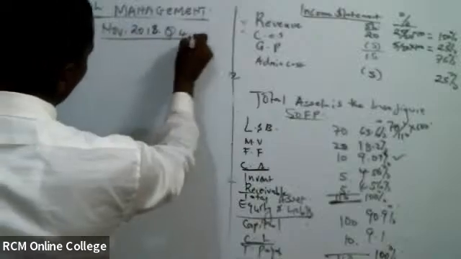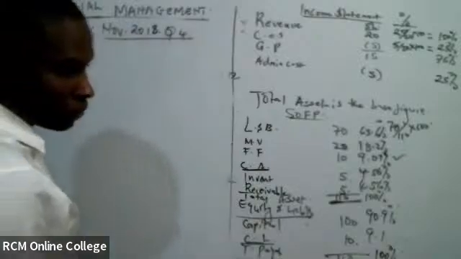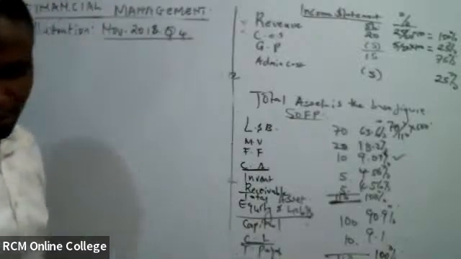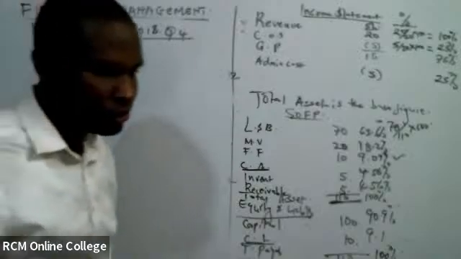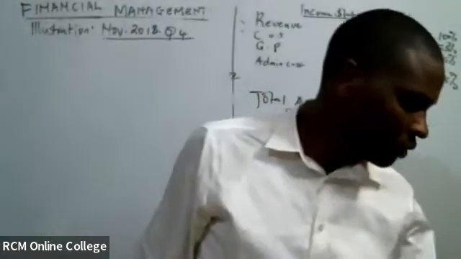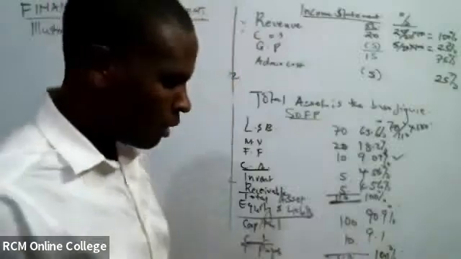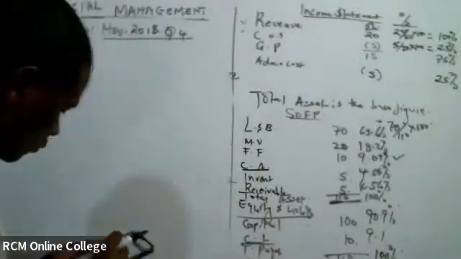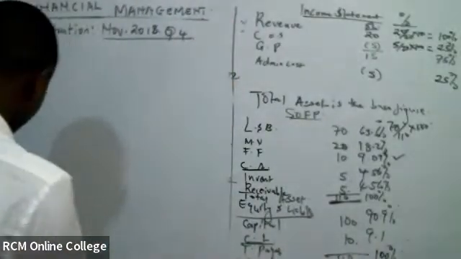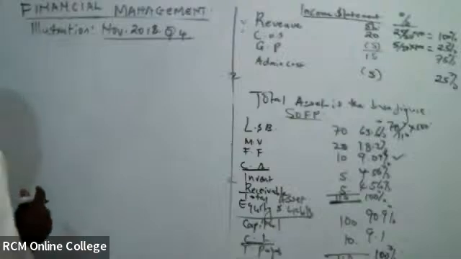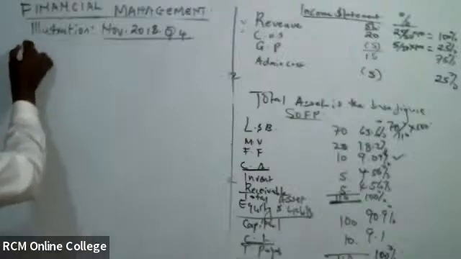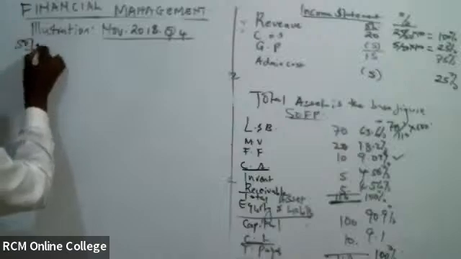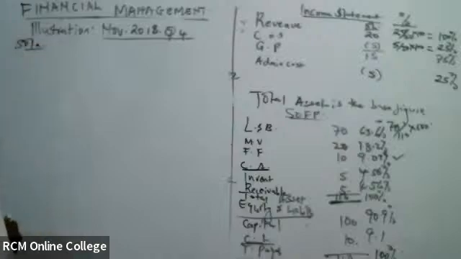So class, if you look at that question, it's just a direct question whereby you're required to evaluate the two companies, ABC Limited and also XYZ Limited. So the solution will be a direct one, whereby we are having the vertical common size statement of financial